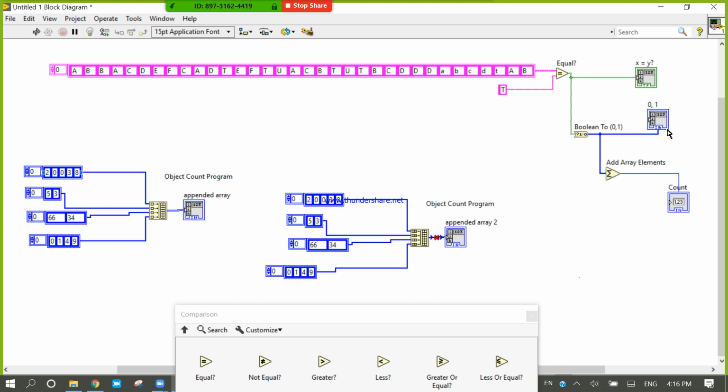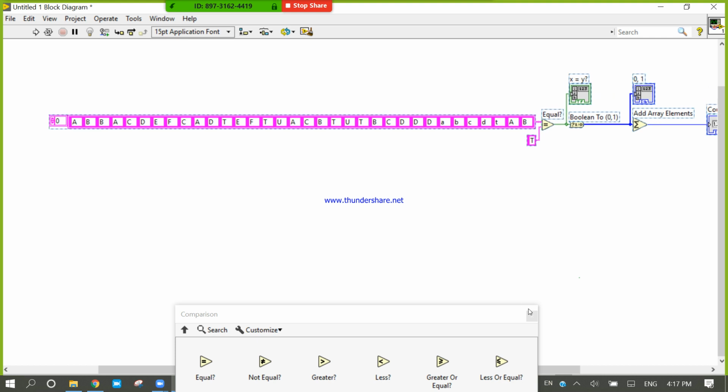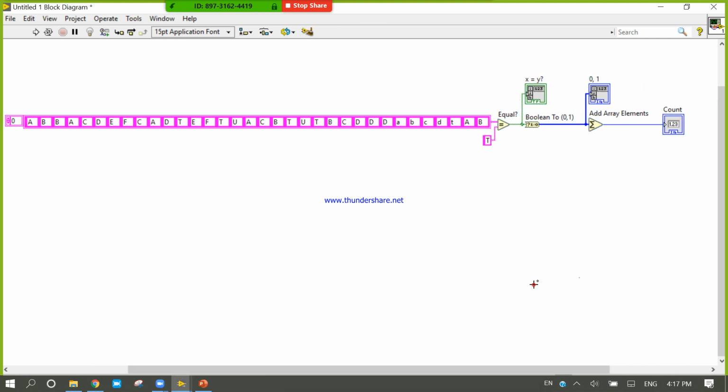I think all of you have done this object count program. In this program there is one concept: a small a is present also, but our program is not able to count this small a.